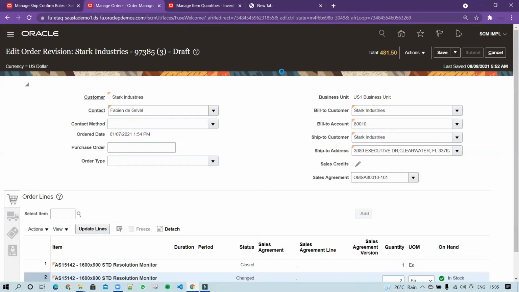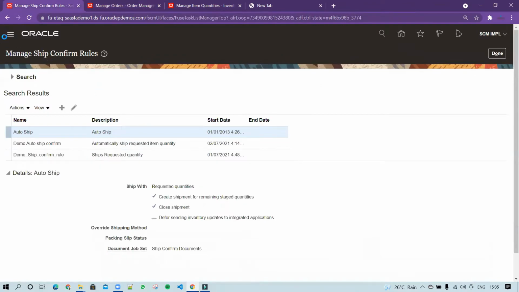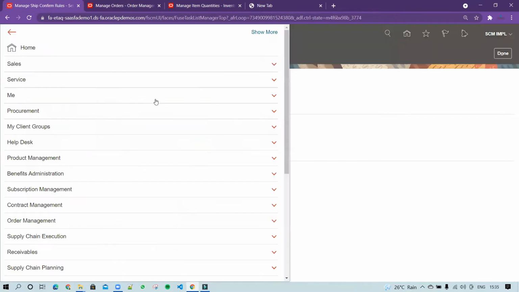So the user doesn't need to create the shipment number one by one manually at the shipment UI. Meanwhile, this order is in processing, we'll go to the navigator and learn something about the create shipment, how you can achieve and utilize that functionality.